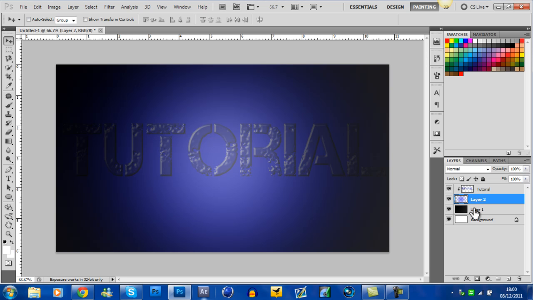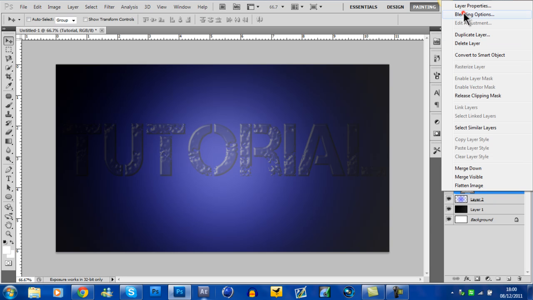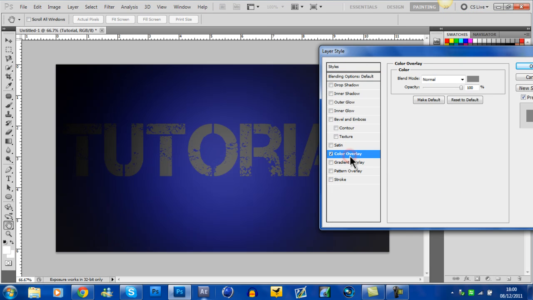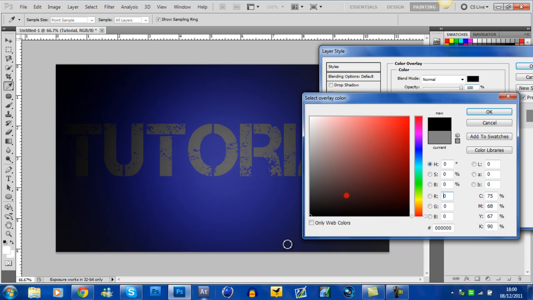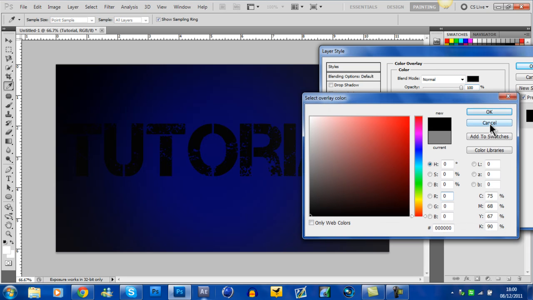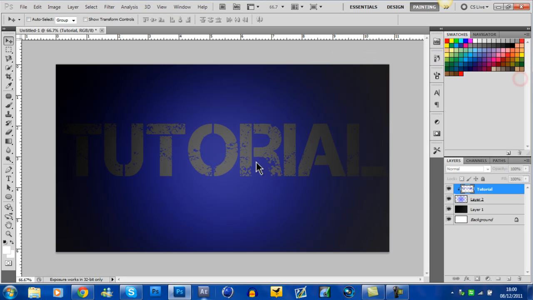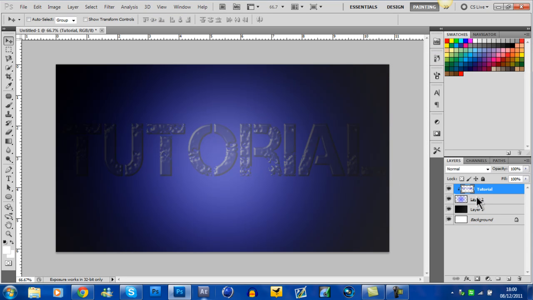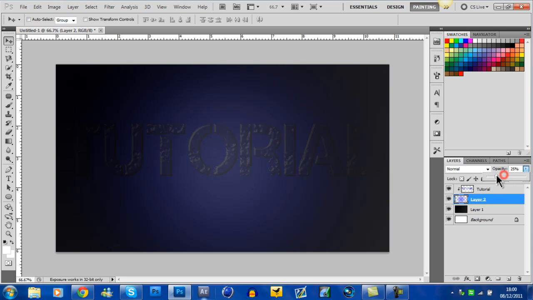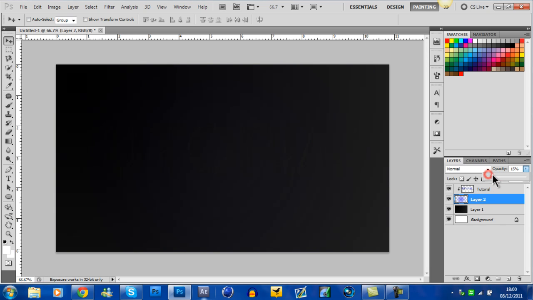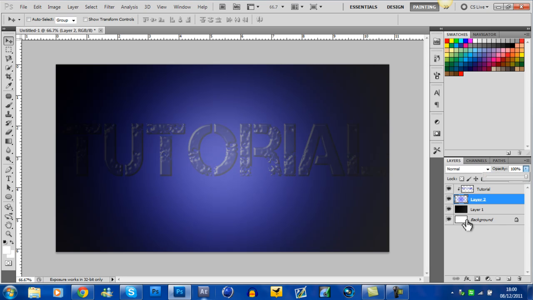Obviously, you can add like... I was clicking the wrong button. That's why. Silly me. Obviously you can go back to colour overlay, look, and it'll change it again. You can obviously change it to black, but then it's not as... I just don't like it like that. So I'm going to leave it like this, and obviously you can change the opacity to the blue background, like you can bring it down more like that, or you can just have it at 100% like I do. So yeah, basic tutorial on how to get nice effective 3D,